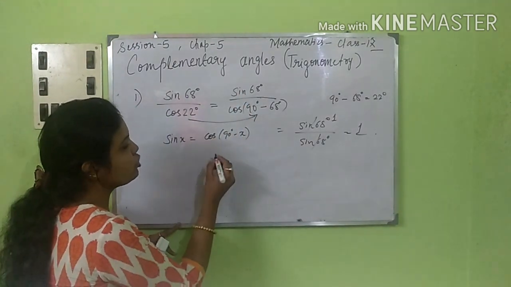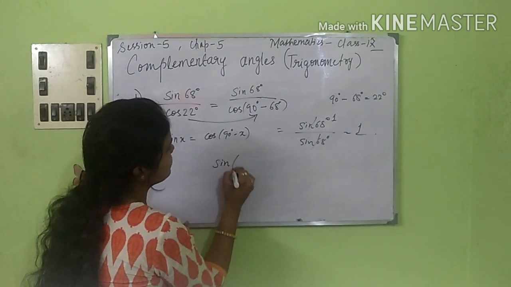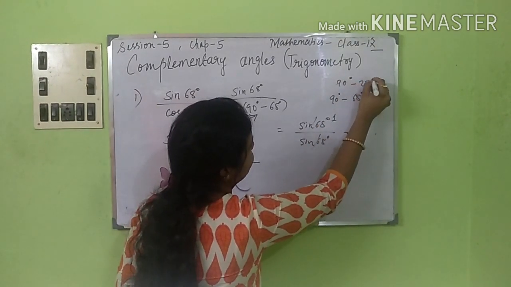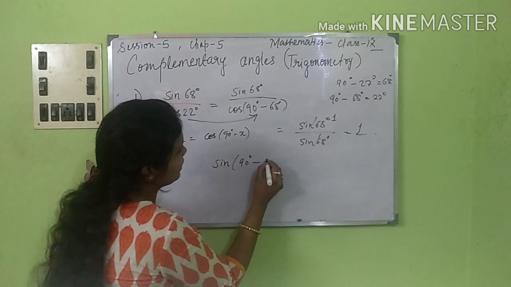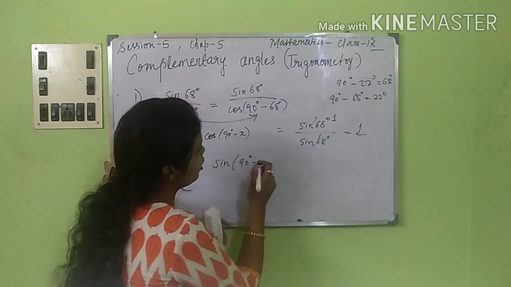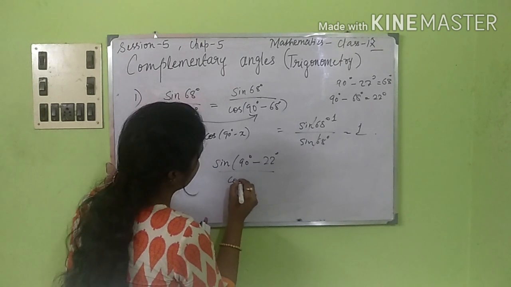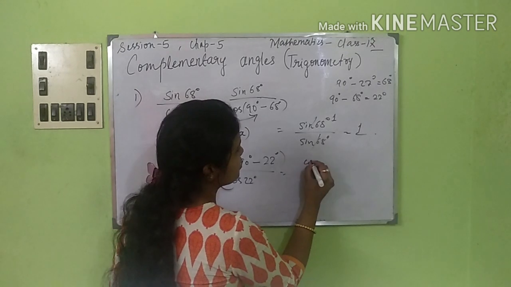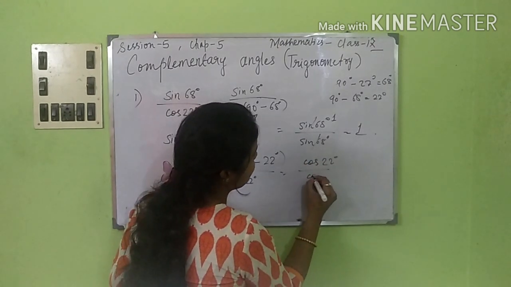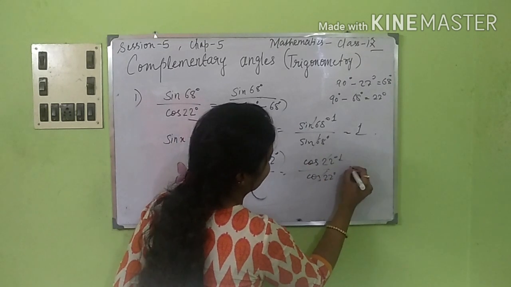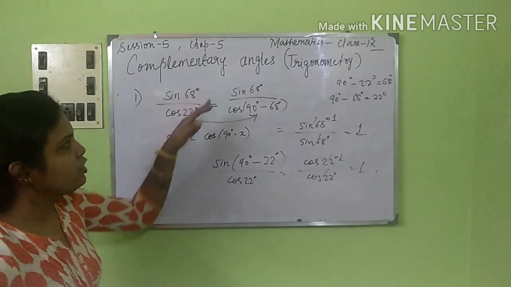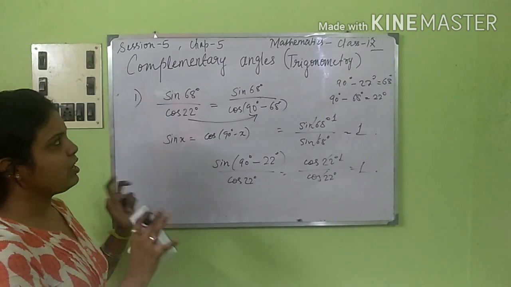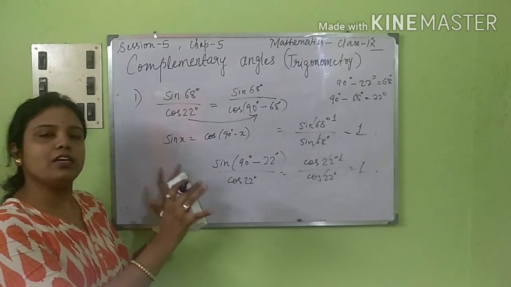If we had changed the numerator, then we would have written that as sin 90 degree minus 22 degree, obviously the opposite. 90 degree minus 22 degree will give you 68 degree. So sin of 90 degree minus 22 degree by cos 22 degree. Here sin 90 minus x is cos x, so it is cos 22 degree by cos 22 degree. Cancel it, you'll get the answer as 1. Same thing, either you change the numerator or the denominator. Same fact. Okay, so this was all about the starting portion or the examples.